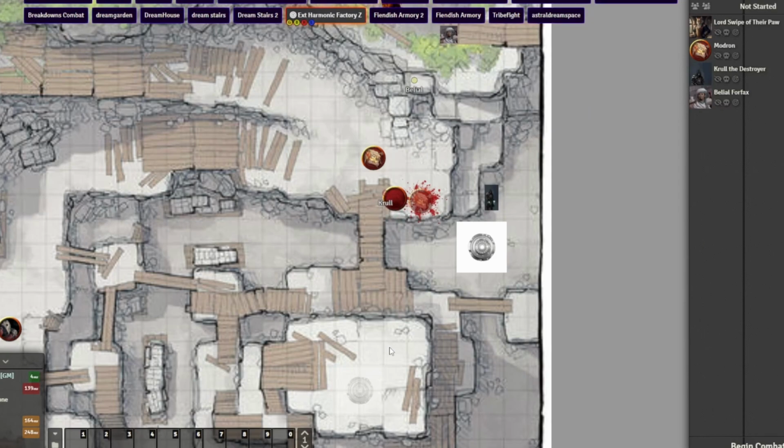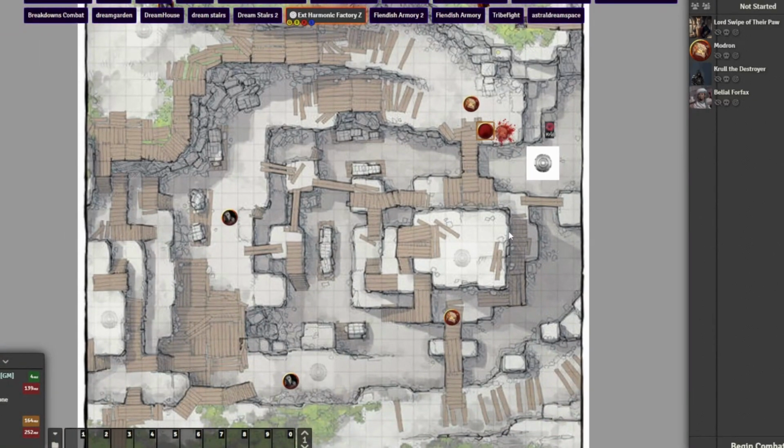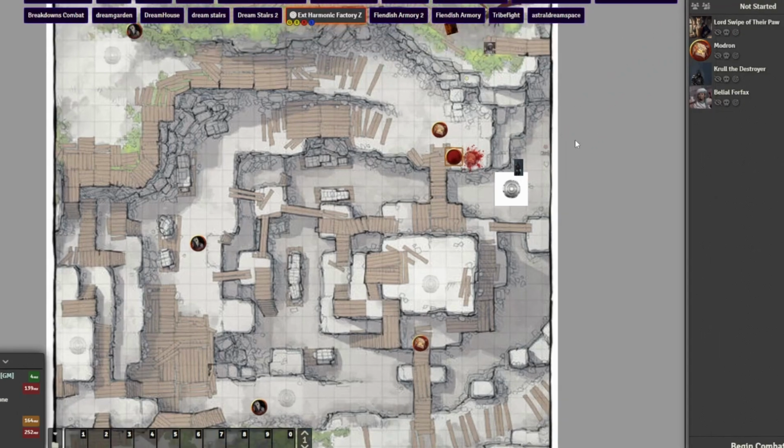Is this red thing a dead Modron? That's his flaming sphere. Oh, okay. You could also investigate this pressure plate, because it seems like you don't quite know what it does. Alright, so just an object interact with an investigation roll.